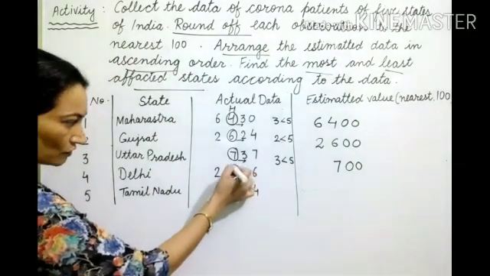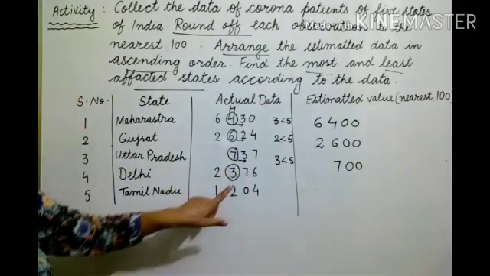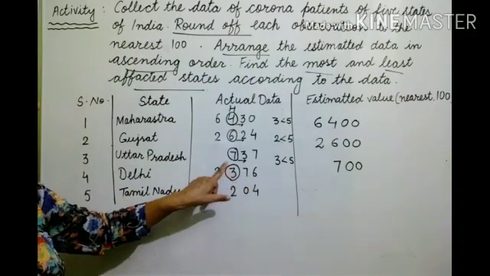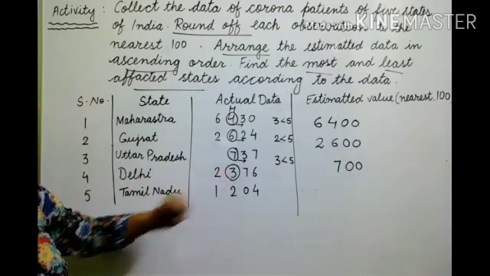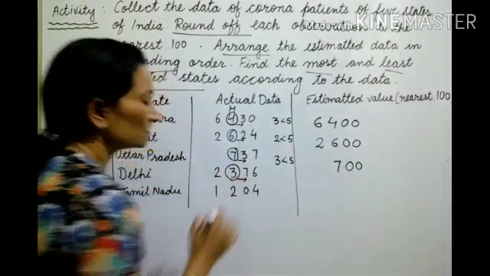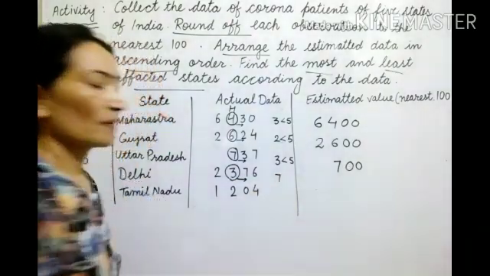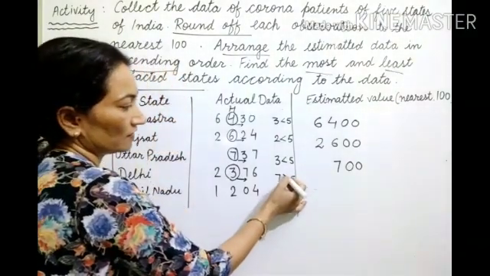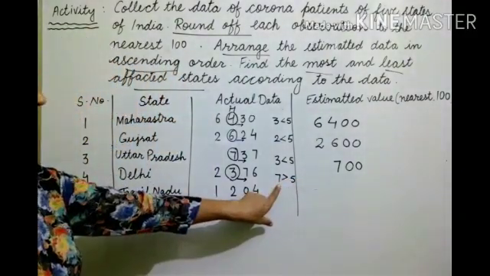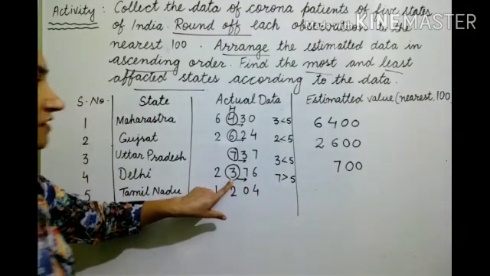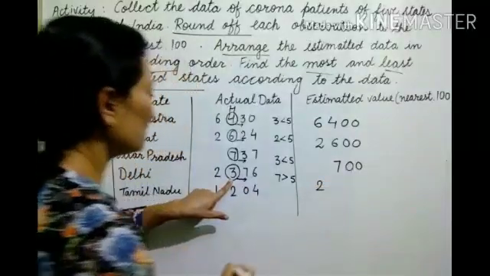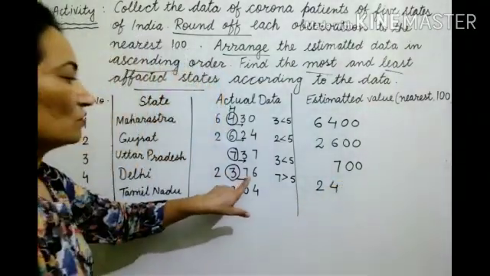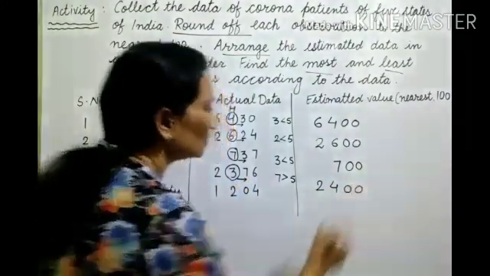Now take the fourth number, that is 2,376. To the nearest 100, if we round off, then we circle the 100 place digit, that is 3. See the right digit to it, that is 7. Compare with 5. As 7 is greater than 5, we will add 1 to the circled digit. The 1000 place digit will remain the same. 3 plus 1 is 4, and the last two digits will turn to 0.